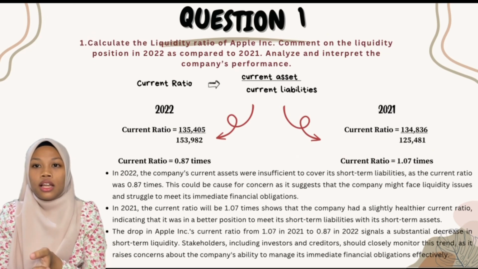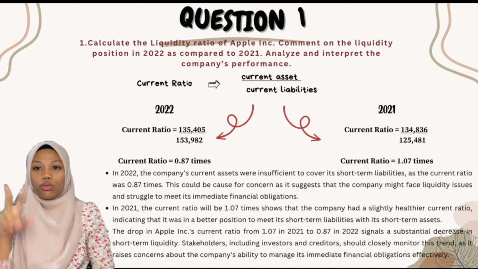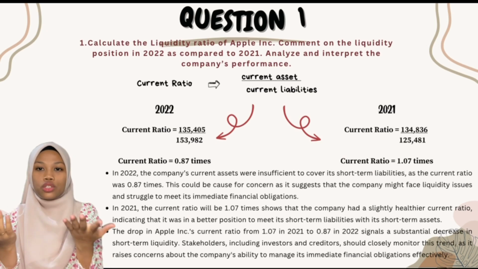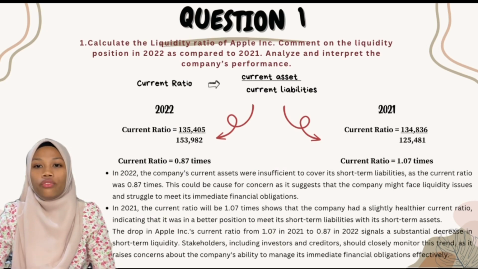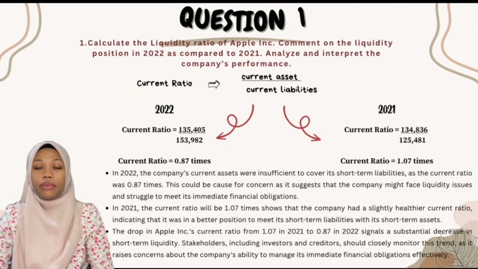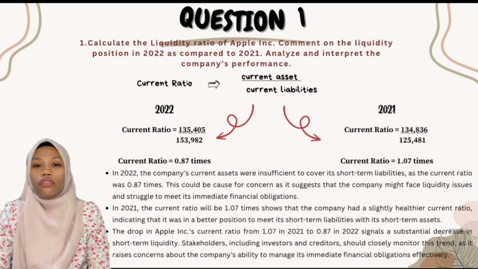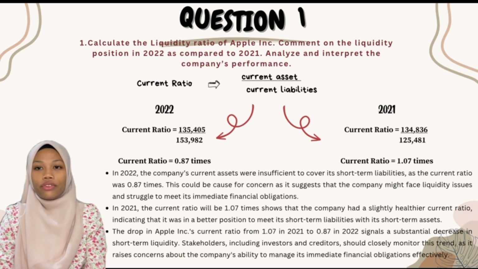So generally, liquidity ratio is divided into two, which is current ratio and quick ratio. So let's continue with the current ratio first. The formula for current ratio is current asset divided by current liability. So, for the year 2022, the current ratio of Apple Company is 0.87 times, while in 2021, the current ratio